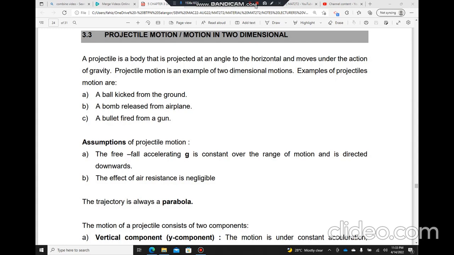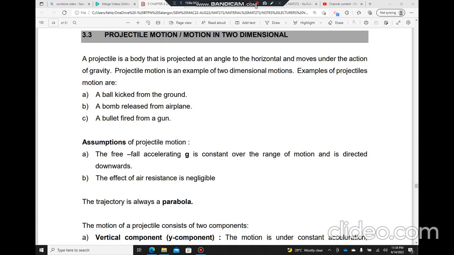Next topic, 3.3 projectile motion, or motion in two dimensions. A projectile is a body that is projected at an angle to the horizontal and moves under the action of gravity. Projectile motion is an example of two-dimensional motion. Examples of projectile motion are a ball kicked from the ground, a bomb released from an airplane, and a bullet fired